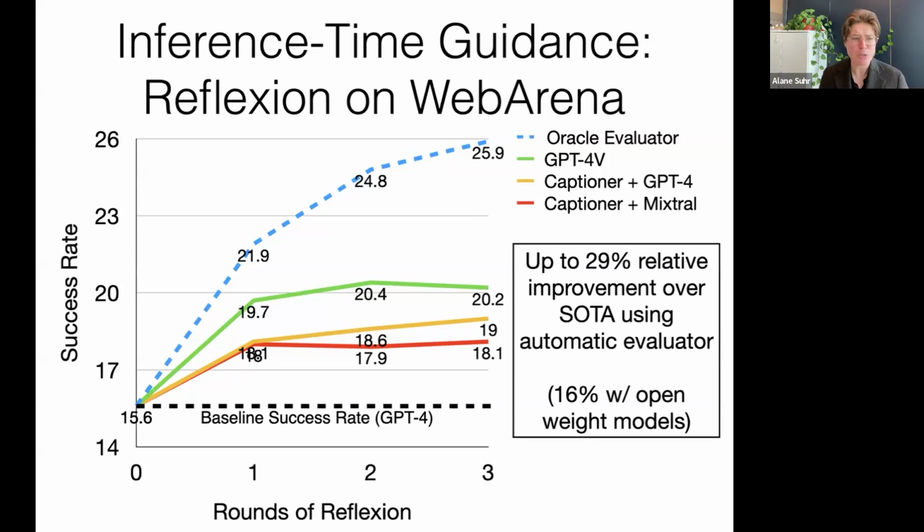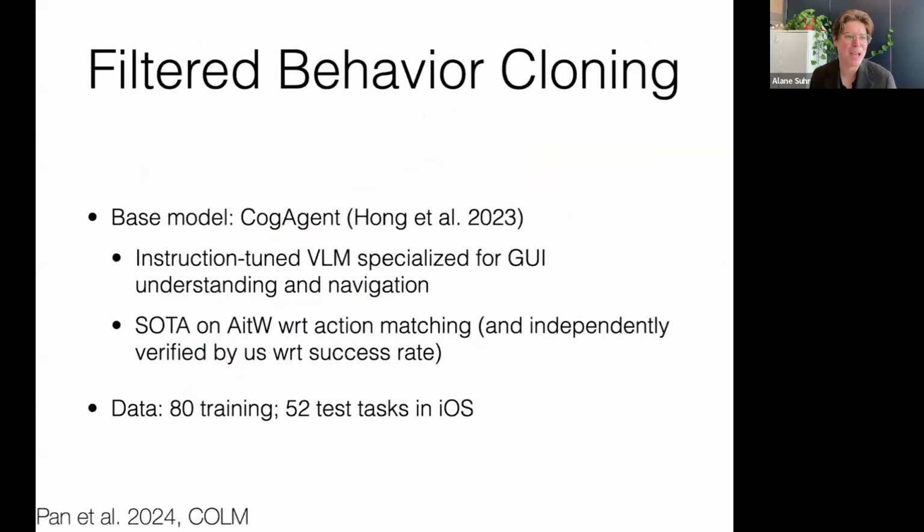What's really notable about this is we don't actually need any test cases, any gold standard demonstrations, or anything like this to improve the model. We just need a couple of prompts for our evaluator model, and then we can just run it, and at inference time we improve. Our other approach is to use behavior cloning, where we start with some base model that is fine-tuned specifically for the device navigation, device control task.